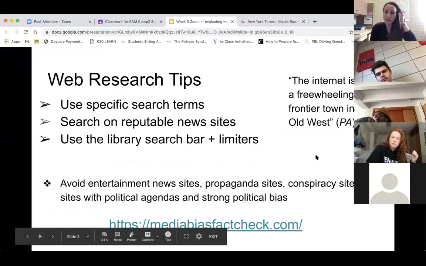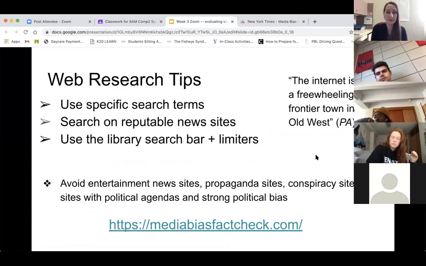When you're searching online, you want to avoid entertainment news sites. You can tell that by how the website is set up and the types of things they tend to report on. Propaganda sites are going to have a very strong leaning and be manipulative in the way they report news, and everything they choose to put on the site is advancing a particular political perspective. Avoid conspiracy sites or pseudoscience sites,